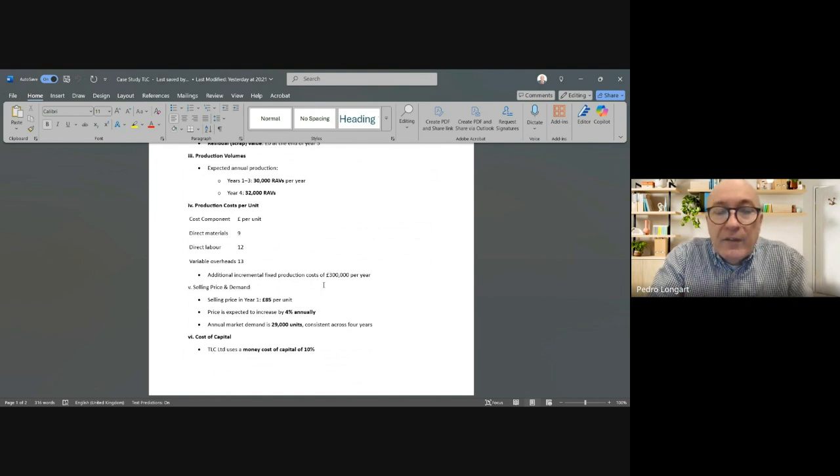Then you will have some direct labor, which is people working in the factory, and variable overheads: the electricity, anything related to, let's say, marketing, any other thing that is not the materials that go in the device or the people that work there will be called overheads. That is per unit. Obviously, if it's per unit, 9, 12, 13, that gives you 25, 34. 34 is the unit cost. You know that you have to sell it for more than 34 to have a profit,